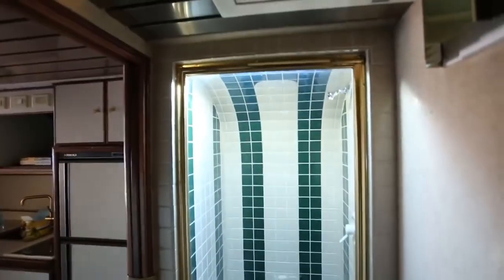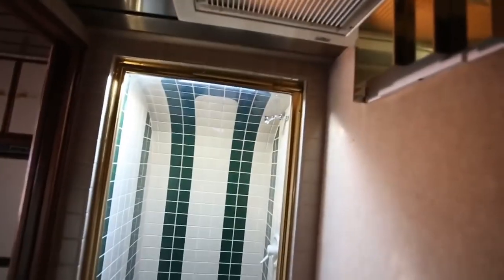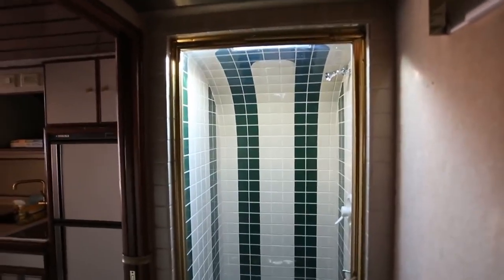It has a nice half bath. The mirror is missing, but other than that, you see there's quite a bit of space here. And then one of the highlights of the coach is this enclosed shower that includes a skylight. Really nicely done. There's a little cracking in the corners of the grout lines, and I'll touch that up with